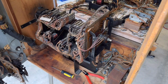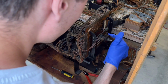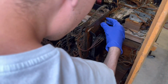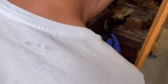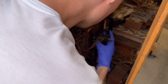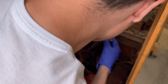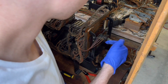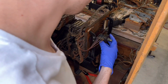All right, I know I didn't get the best camera angle for that, but I removed 2 screws right there and right there. And so now I think the wiper assembly is separated. Oh no, it's gonna have to come off. Oh shoot. Yeah, that didn't do what I was hoping that it would do. I'm gonna have to take the search disk completely apart, which means desoldering all the wires around here, taking this assembly off, and then pulling the...